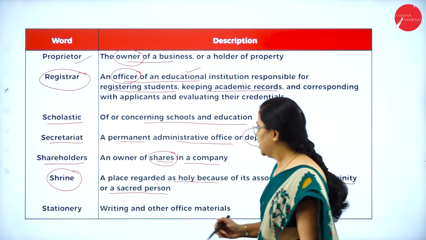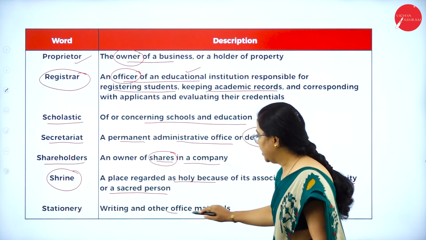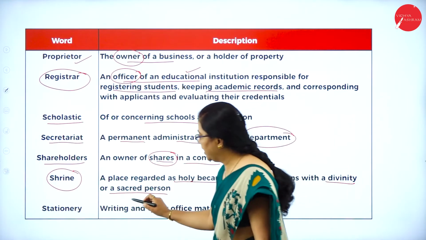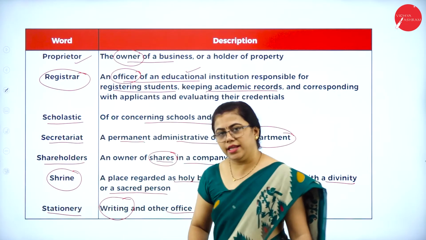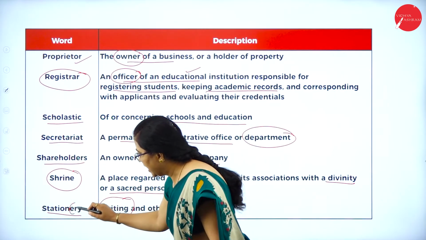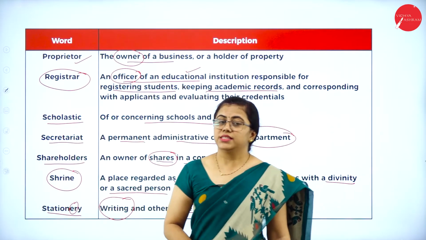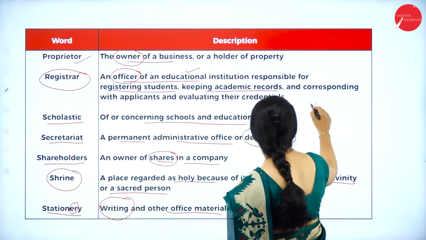Then writing and other office materials, very easy. Some materials that are related to writing are called stationery. And here you must note, it is not A, it is E. Stationery, suppose it is this stationery,